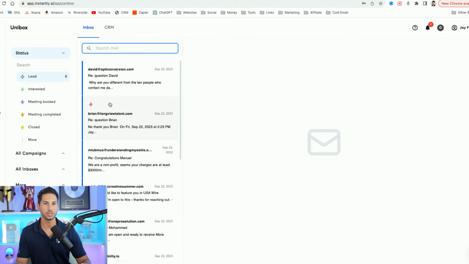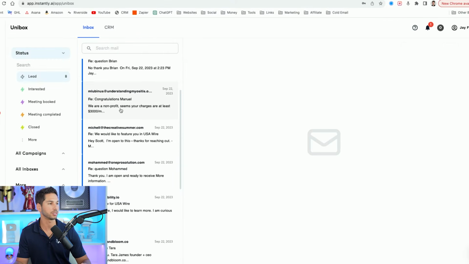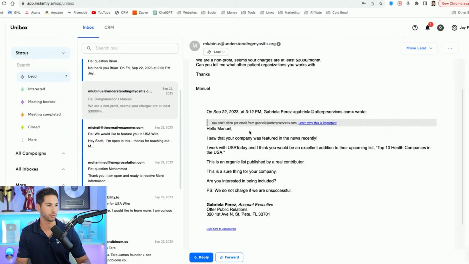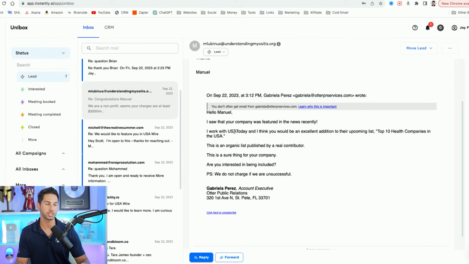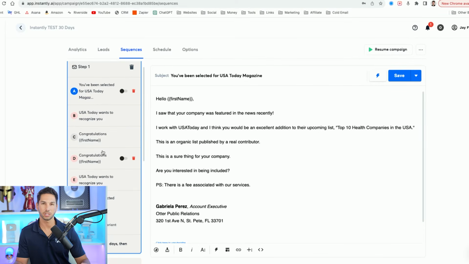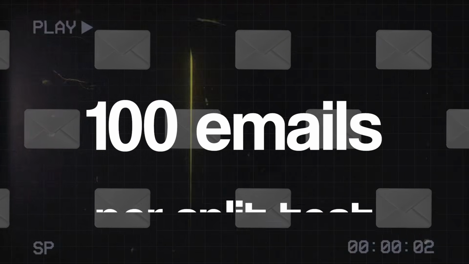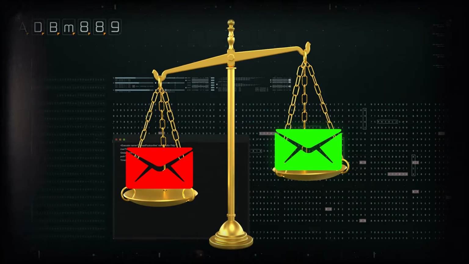You can also come into your Unibox and make sure that those emails are delivering the way that you intended for them to. Make sure that there's no typos and make sure that they're formatted correctly. The other thing to look at is your split tests. If there's one that's clearly outperforming the others, you can go ahead and turn the other split tests off, but make sure that you have enough data. I would say at least 100 emails per split test